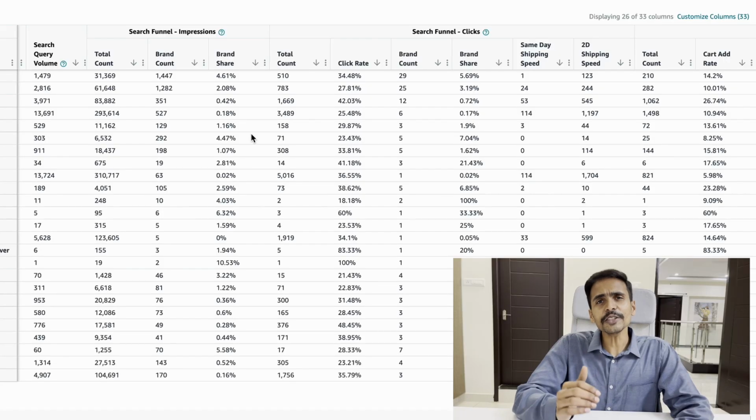Alright guys, when you first look into your Search Query Performance report, you have four important sections. The first one is your impressions, and then you have your clicks, and then your add to carts, and then you also have your purchases, isn't it? Now under each of these sections, Amazon has already provided you with a lot of data. We are going to analyze this information and try to understand how our conversion ratio varies depending upon the